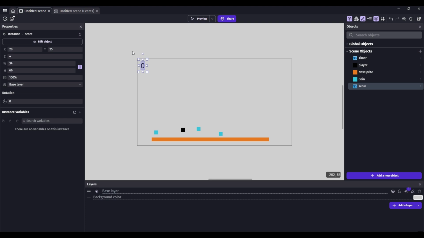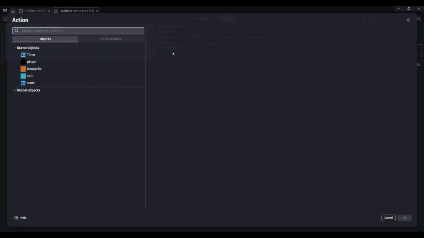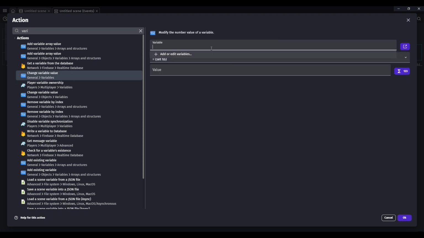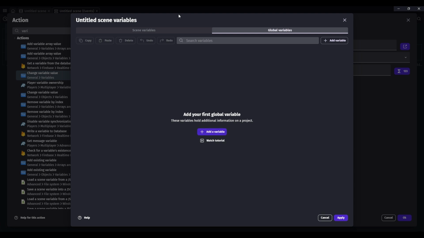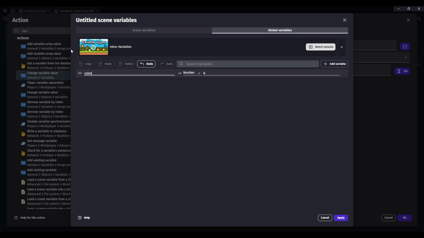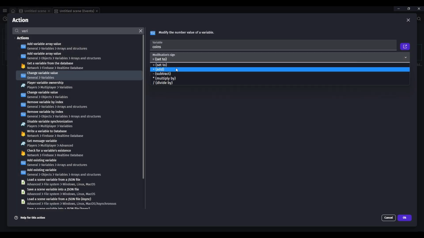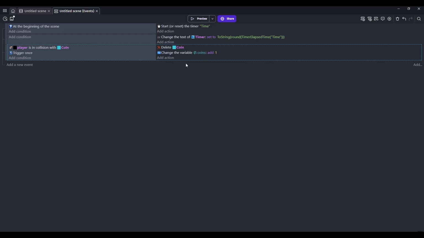Once you have your text, then go to your events, and where you have your collision event under the action, search up variable and do change variable value, and then add or edit variable. We'll be using global variable. Now add a variable, call this whatever you want. I'm just gonna call it coins, and then apply. And then select that and do add 1. So now if we play it and collect coins, it'll add 1, but we need it to display on the